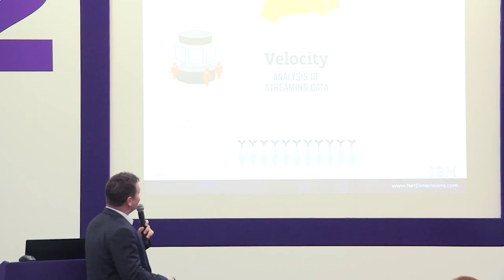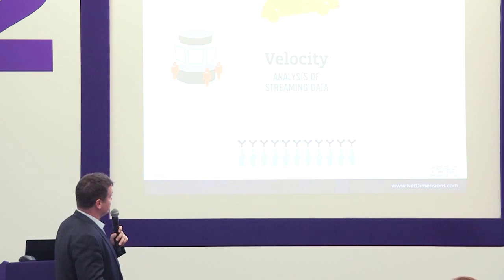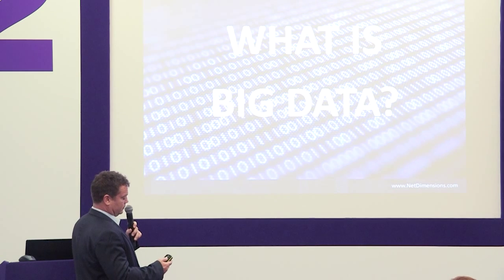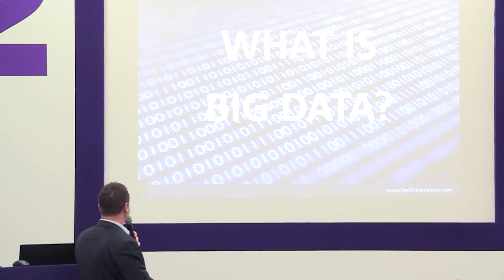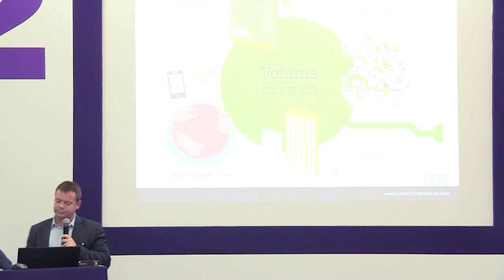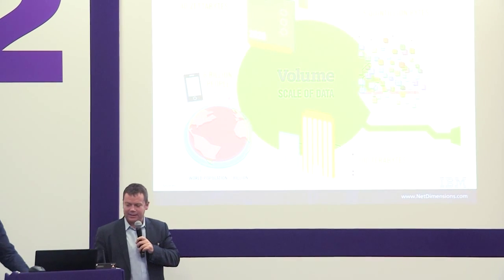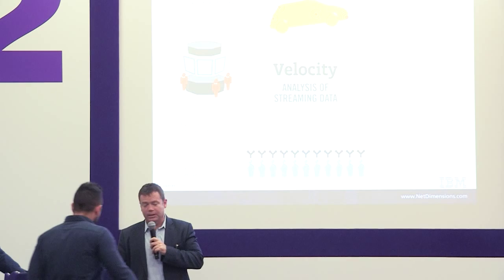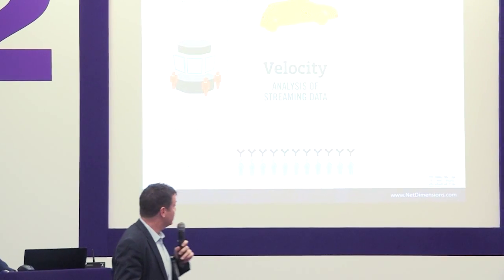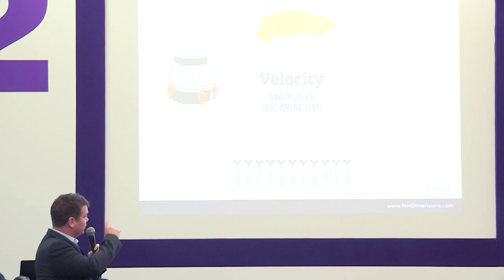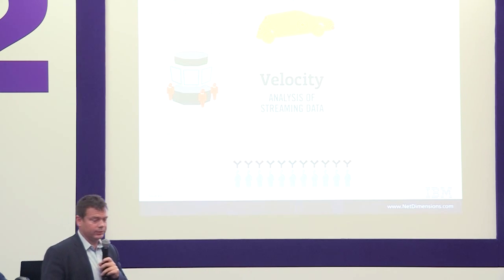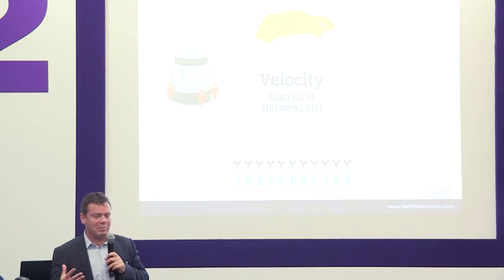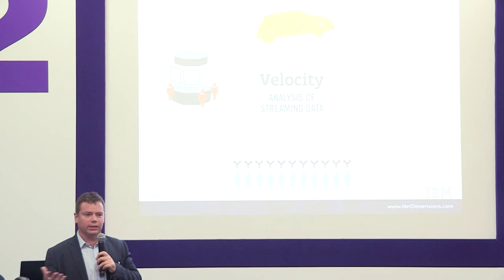Number 2, velocity. The one to look at with velocity is the one at the bottom left, 2.5 connections per person in the world. It's part of that mesh that we're getting involved in called the internet that would eventually, as some people say, disappear. We won't even realize we're connected.